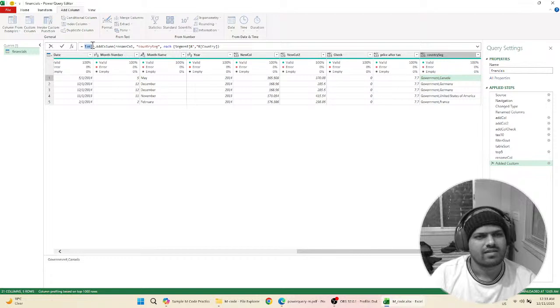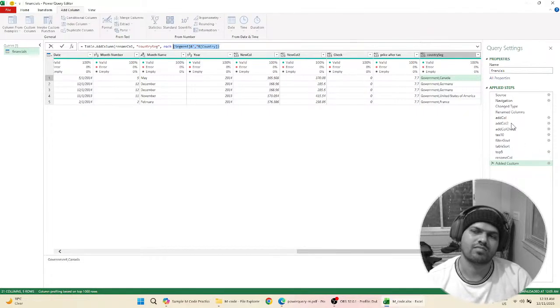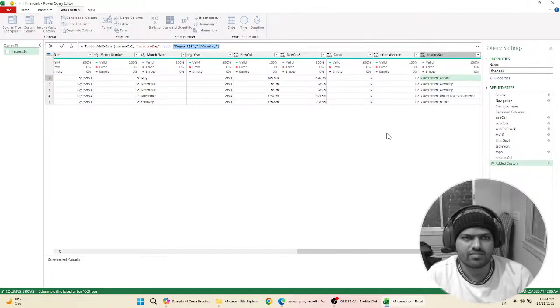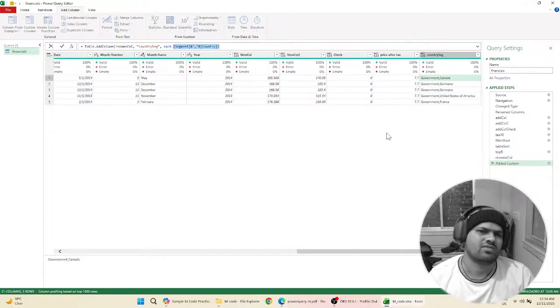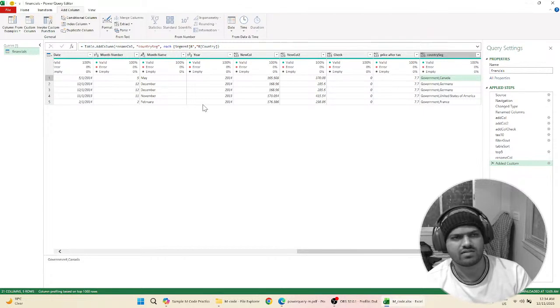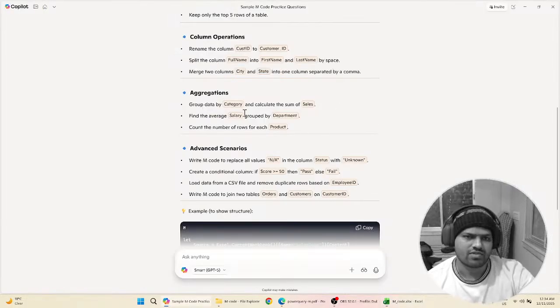So again, it uses the same function, table add column, which we were already using previously to add multiple columns. And then the same thing, this is the formula which we want to add. So basically, we tried adding this formula where we were trying to calculate the 10% tax of the price, or we were trying to check whether the sales minus COGS equals profit or not. So it is just the formula which we want to change over there. Otherwise the function is completely same. Table add column. So let us not waste this time on this anymore. Okay. So aggregation group by